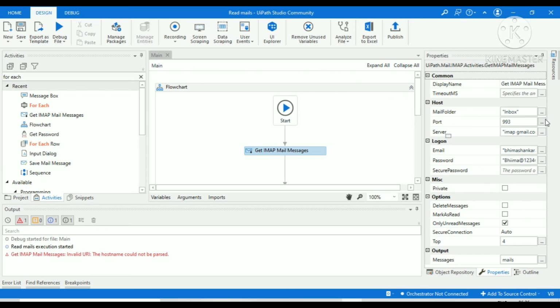The mail address is also correct. But I missed the password; I wrote it twice. So I am modifying that password.